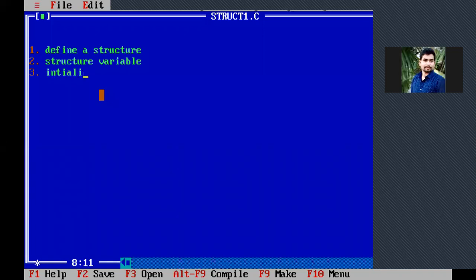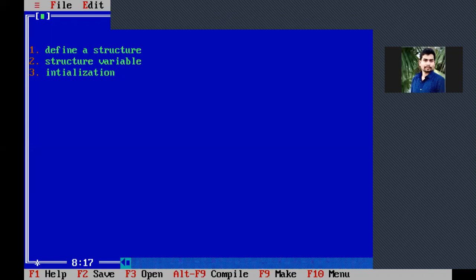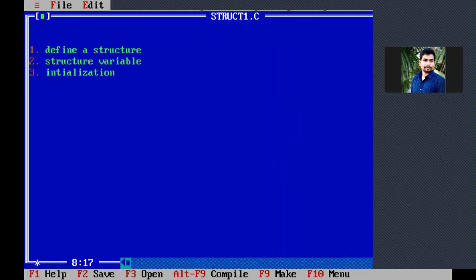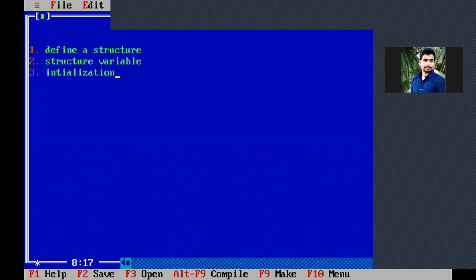Sir, how many bytes of memory are allocated for a structure? For example, we are talking about the student structure. It contains an integer first, second a character, third a float. So the memory occupied by that particular student structure is the sum of all the sizes of that structure's members. Whatever members are there, if we calculate all those member sizes, the total size is the final memory size of our structure. Anyway, I will explain it.